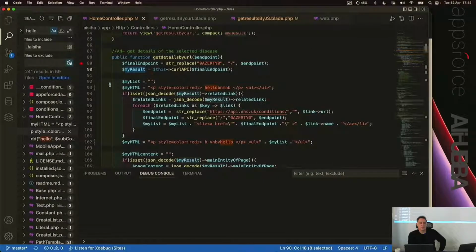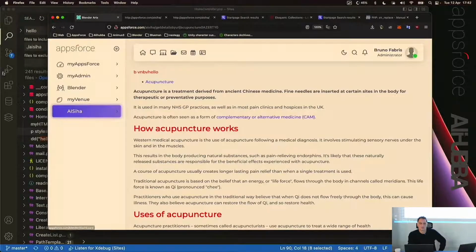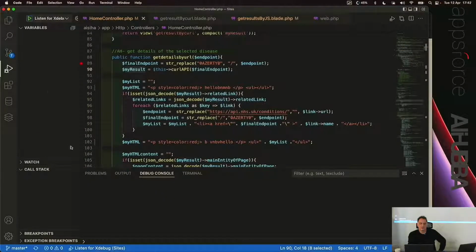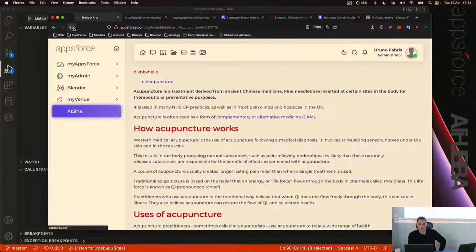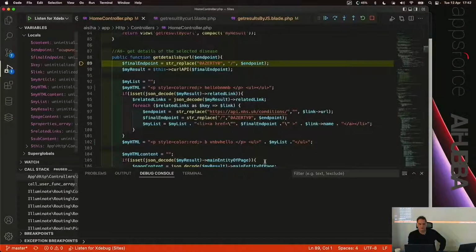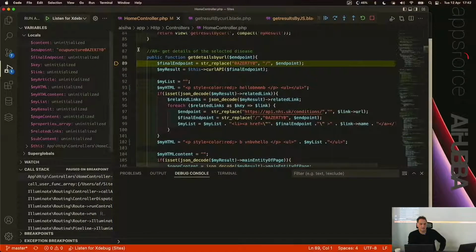So I'll put the breakpoint there, and I will refresh this page. Is my debug running? It's not orange, so it's not running. Boom. Okay, let's have another look, okay? And I'll try to be relatively quick with this one, okay? Because let's try to speed it up, okay? So I'm in function get details by URL, which is in a home controller, which was probably called by web